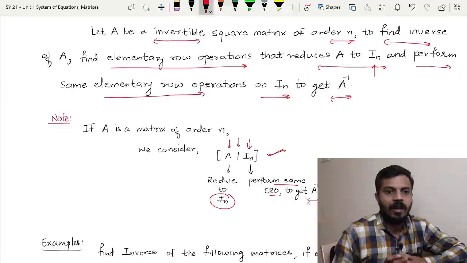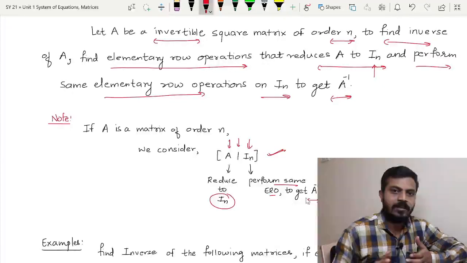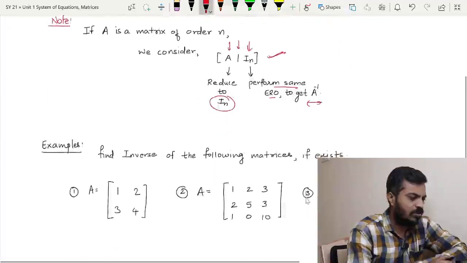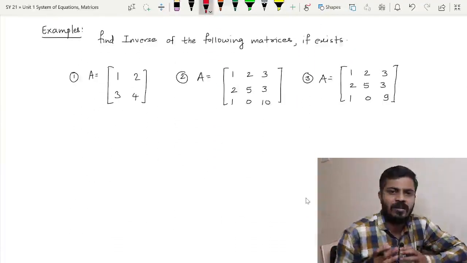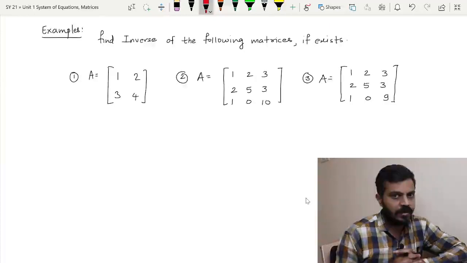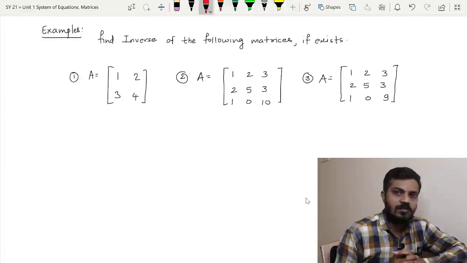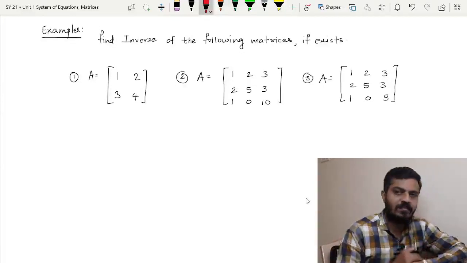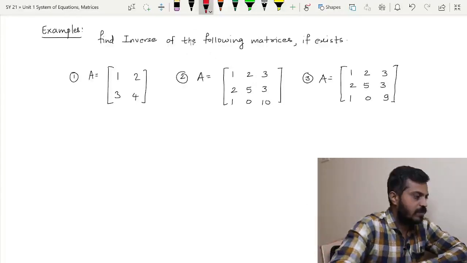Now calculation is a very important thing in such examples, so a lot of practice will be required, and I suggest that you take your own examples and try to find the inverse of that matrix. So today we are not going to go for many examples because you are already familiar with such examples, I think from 11th standard itself. So now we will just see a few examples. Okay, then let us start with the first example.